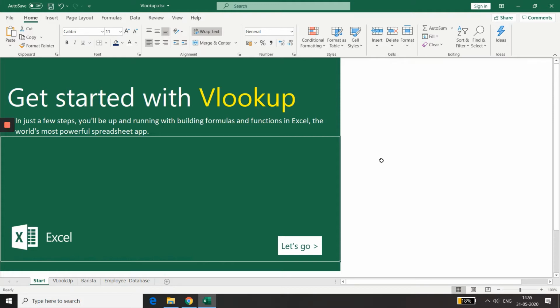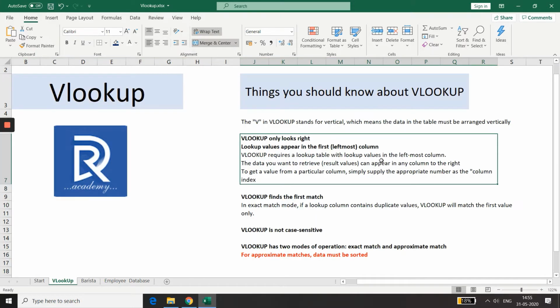Okay. Now, what is the first rule, or the first logic, of VLOOKUP? Let's have a look. If we look at this condition, VLOOKUP only looks right. The meaning is the lookup value appears in the first, leftmost column.